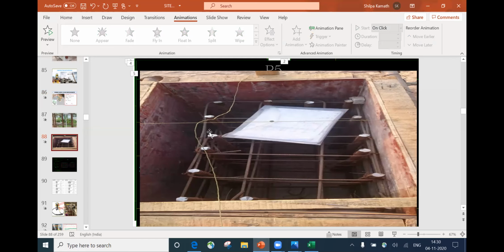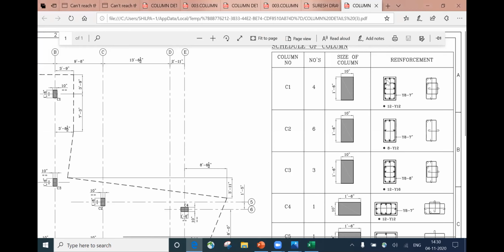So for example, the same thing if you want to read it out here. 1, 2, 3, 4, 5, 6, 7, 8, 9, 10, 11, and there's one more here, 12, 13, 14, 15, 16. Suppose if I want to read this, and say this is a 16 diameter bar, then you have to provide 16 bars of 16 diameter. So this is how it looks from the top side. The same thing they will write here. So you are seeing it from the top. Now you are able to understand where you have to keep how many bars.